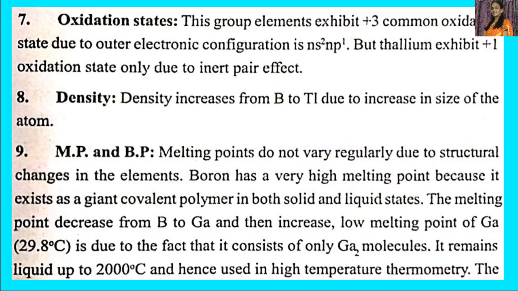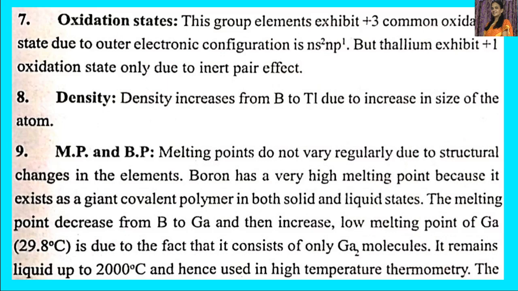Next, melting and boiling points, let us see. Melting and boiling points do not vary regularly due to structural changes in the elements. Because of the differences in the structures of the elements, there is no regularity of melting and boiling points of these elements. And boron has a very high melting point because it exists as a giant covalent polymer in both solid and liquid states. Because of that reason, it has high melting and boiling points, especially melting points,